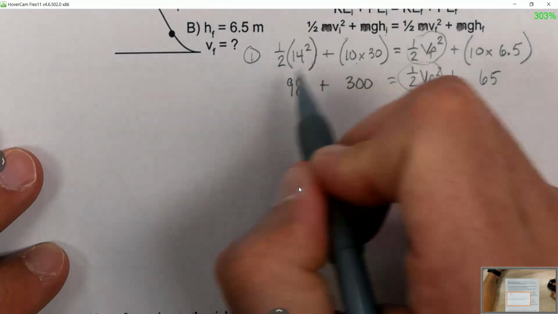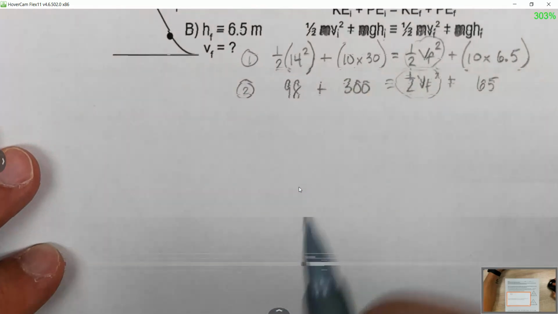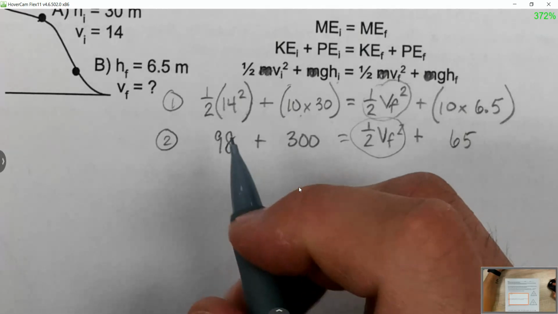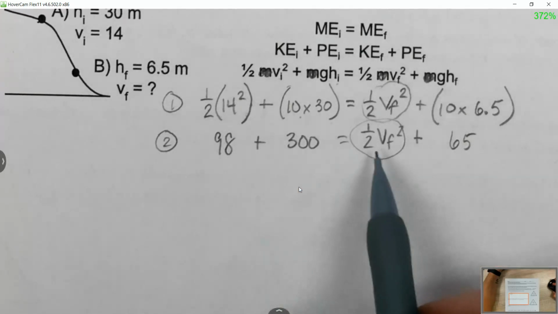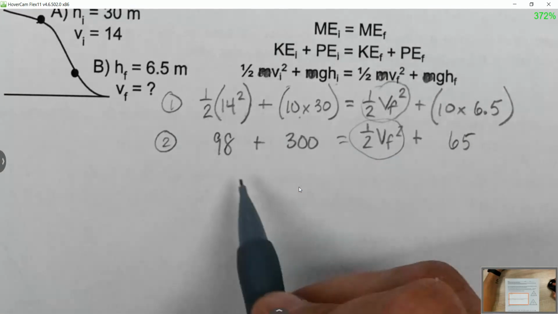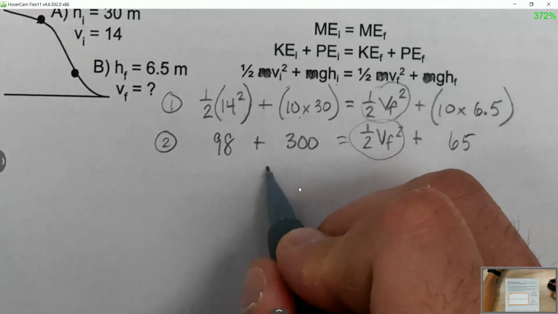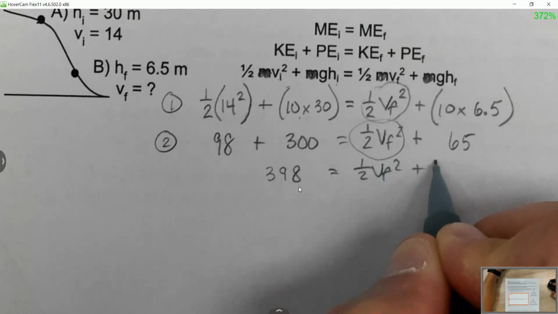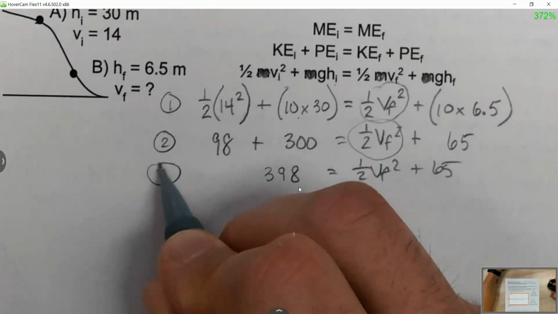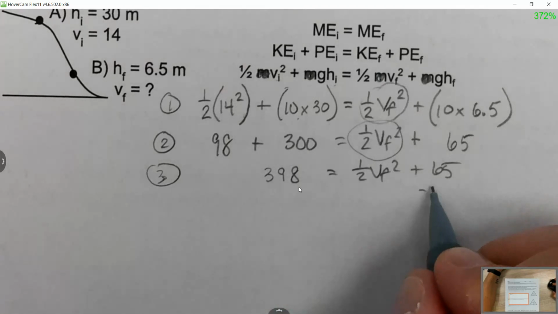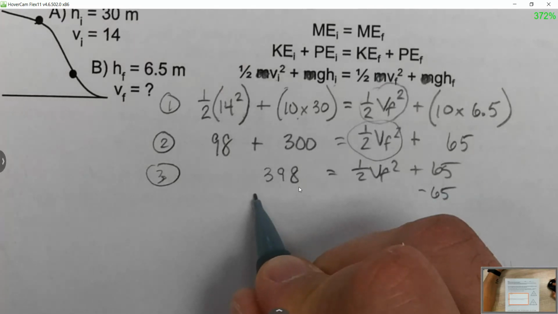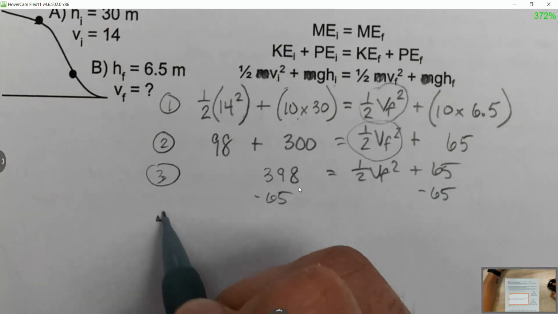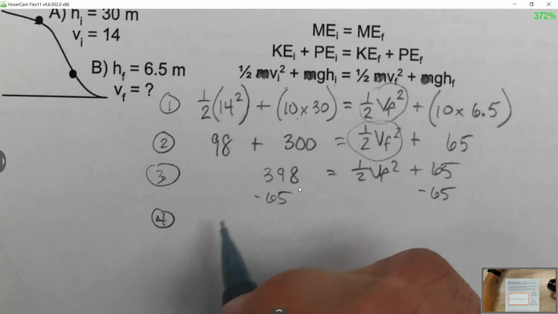So that's your first point. That's your second point. Now what we want to do is isolate this so it's the only thing left on the right side. So I'm going to simplify these. I'm going to add these two together: 398. Now we're going to subtract the 65 from both sides, and we're going to come out with, I believe, 333